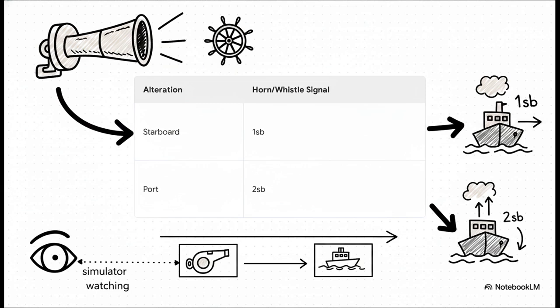As you can see, if you're altering your course to starboard, you must sound 1 short blast, noted here as 1 SB. Altering to port, that's 2 short blasts, or 2 SB. The simulator is watching for a very specific sequence here. Signal first, alter second. Actually, scratch that. It's more like signal, wait a beat, then alter. But the point is, if you reverse that order, or just forget the signal entirely, you're practically begging for a